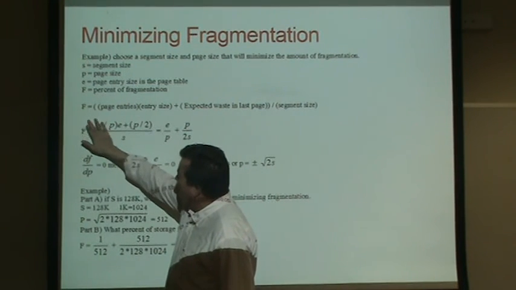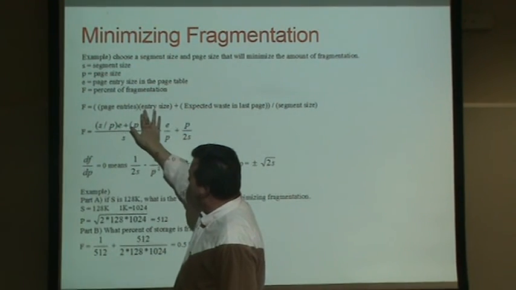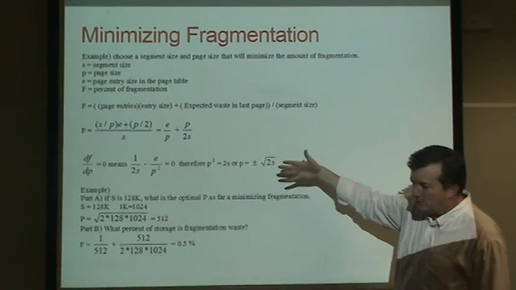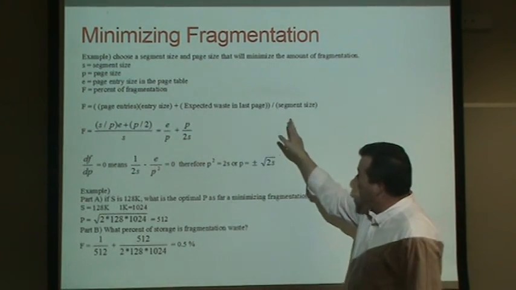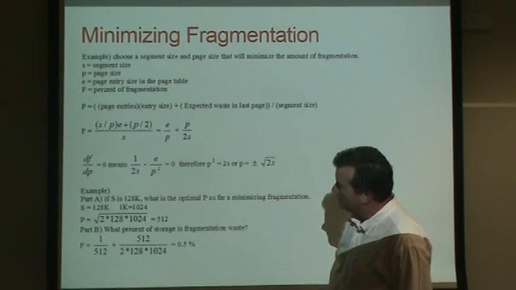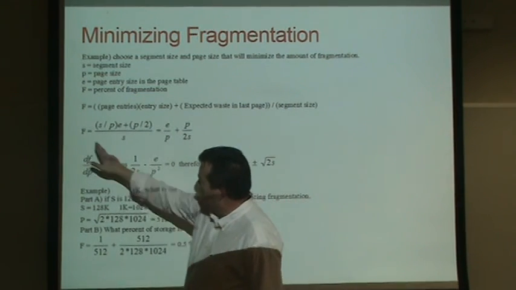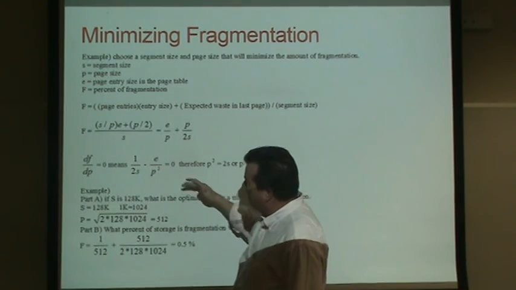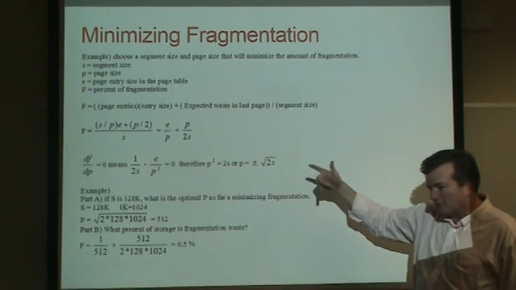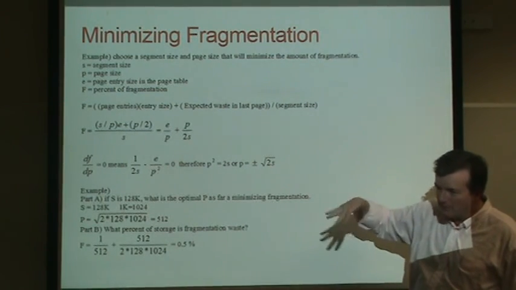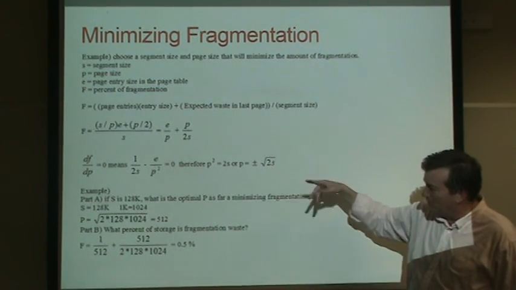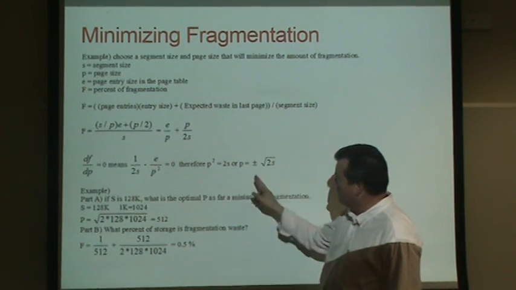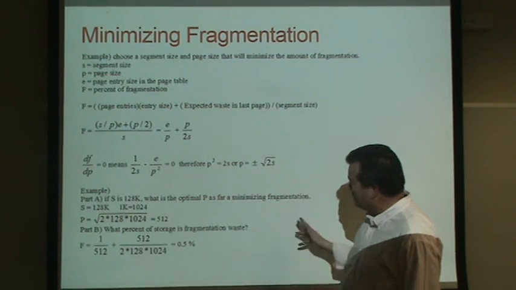So the total amount of fragmentation would be the number of page entries times the entry size, plus the expected waste on the end of the last page. Take that whole wasted space and divide it by the size of the segment. So we end up having an equation, F equals E over P plus P over 2S. And then in calculus, you can take a function, set its derivative to 0, and you get the relative maximums and minimums. Setting it to 0 in this case, we would look for the relative minimum, and come to the conclusion that the best page size is plus or minus the square root of 2 times the size of the